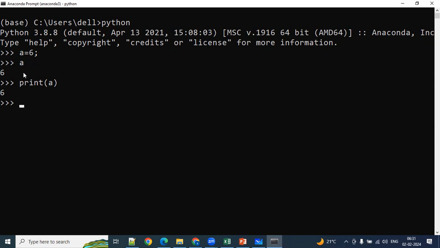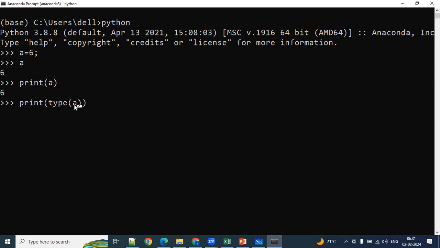So here I wanted to know the data type of this one. I know it's a number, but I wanted to know what Python has considered this value. In order to know that, you have to use print of type of. Type is a method, or function, whatever you call it, in Python. You have to use this particular method to know the data type of any variable. So inside the type, I'm just using a.